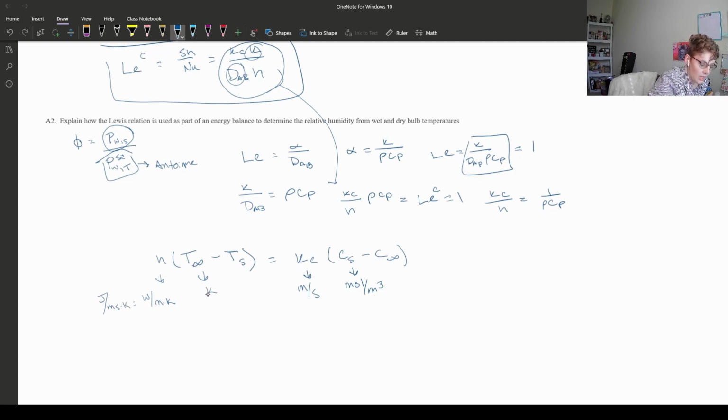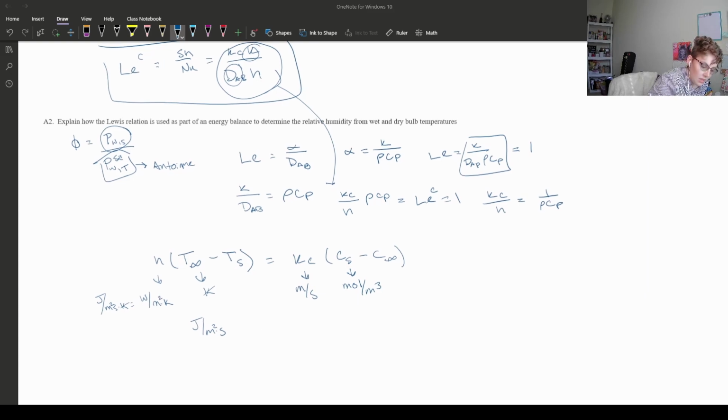And we can then cancel these out. And so this side of the equation has joules per meter squared seconds, or watts per meter squared. And this side of the equation we get moles per meter squared seconds. And those obviously aren't equal to each other, but what we can include in this equation is the heat of